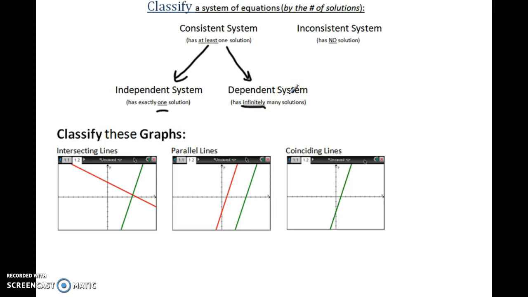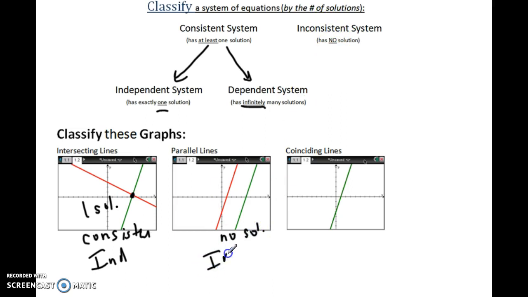So let's see what kind this is. How many solutions does this one have? It looks like it has one solution. So if it has one solution, it must be both consistent and independent. This one doesn't look like it crosses at all. They look like parallel lines, so it has no solution, which means it must be